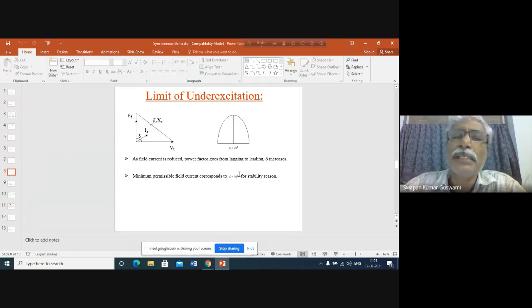Transmission lines, since they are energized, will be continuously supplying reactive power. So you can say that there is excessive reactive power supply to the system. That reactive power is actually not required, but it will be supplied because transmission lines are connected, they are energized, so they will be supplying reactive power. What will be the impact of this reactive power supply? What will happen? What is expected to happen?